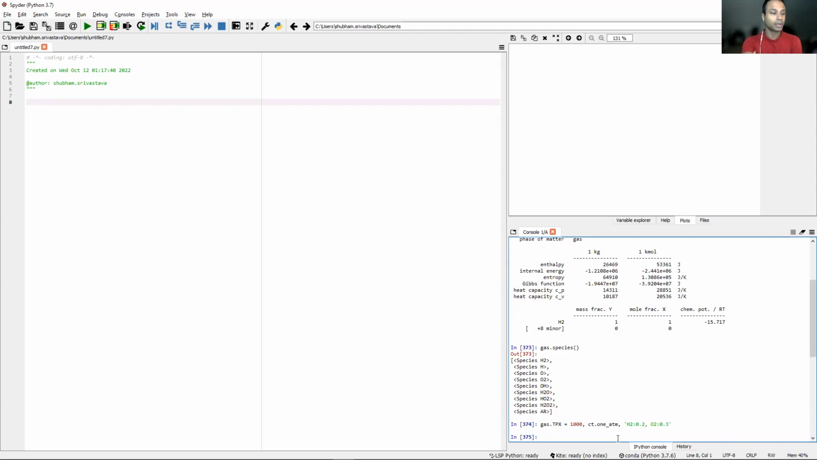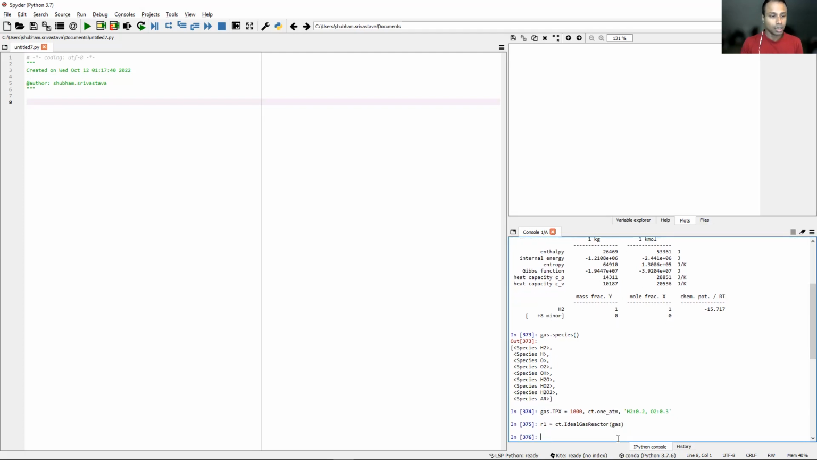Okay, now let's go ahead and initialize a reactor. So we will say R1 = ct.IdealGasReactor, is that right? Yeah, ideal gas reactor. And we will initialize this ideal gas reactor with the gas phase. We do that. Okay, now, if you want to look at the thermodynamic state of the reactor at any given